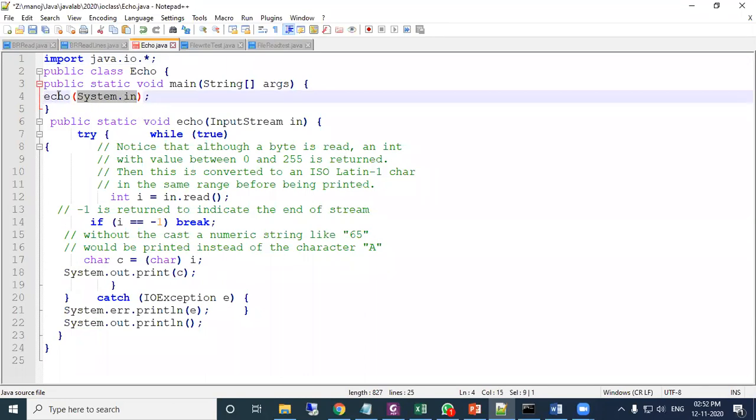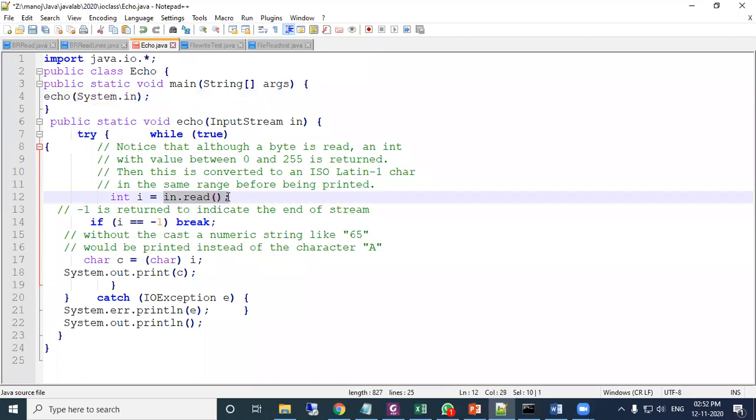In the echo method, it receives an InputStream in. So this System.in is one InputStream type reference. So here it is receiving this as the input stream.